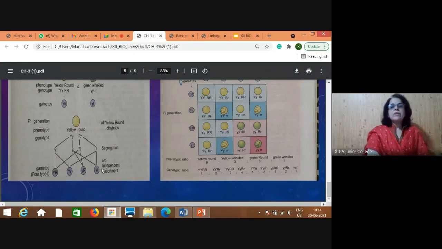So you can understand independent assortment here itself, because the first, capital Y capital R, and the last one, small y small r, these are only having these gametes present in the parent, original parent, but these